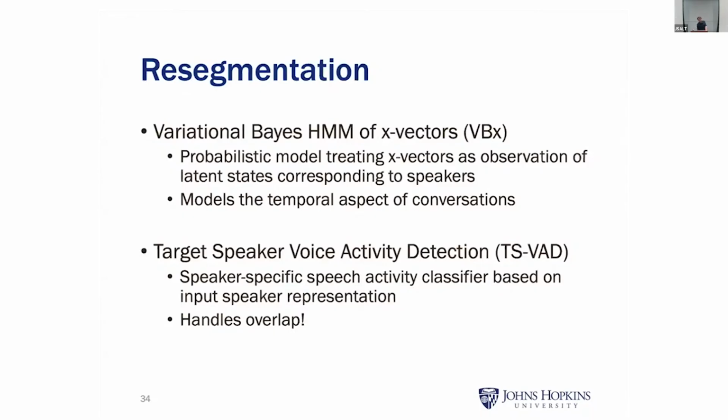Then finally, a comment on resegmentation. One of the standard resegmentation methods is the variational Bayes HMM of x-vectors. This is a probabilistic model where you're trying to readjust the boundaries based on the x-vectors you've extracted, done via a hidden Markov model. And then I'll